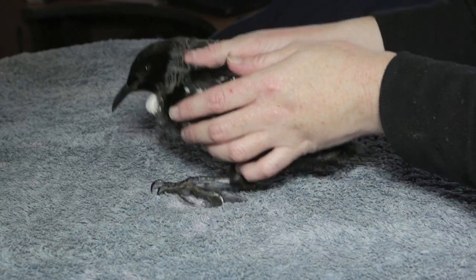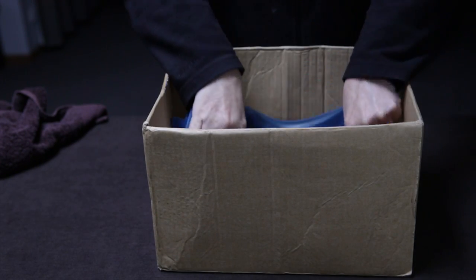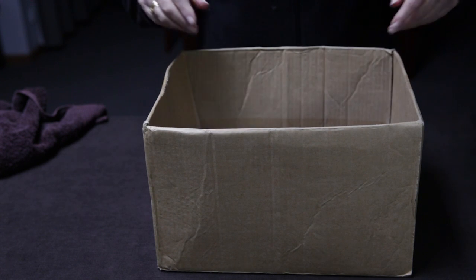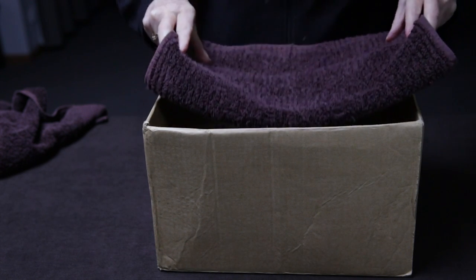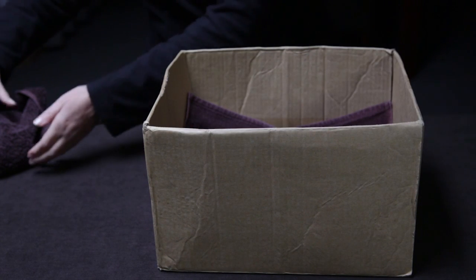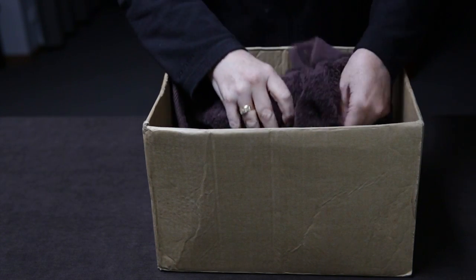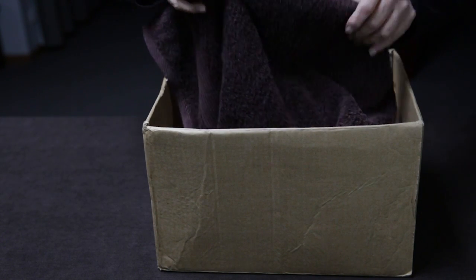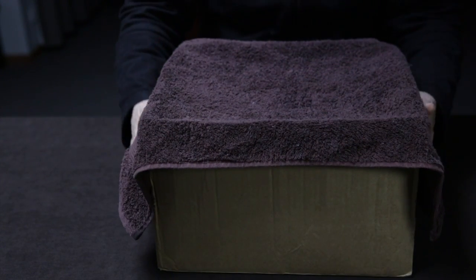It's critical to keep injured birds warm by placing a heated wheat bag or hot water bottle in the bottom of a box and covering it with a folded towel. A bird's temperature should be around 41 degrees centigrade. Human temperatures average around 37. Take it as quickly as possible to your nearest bird rescue centre, as immediate treatment increases a bird's chance of